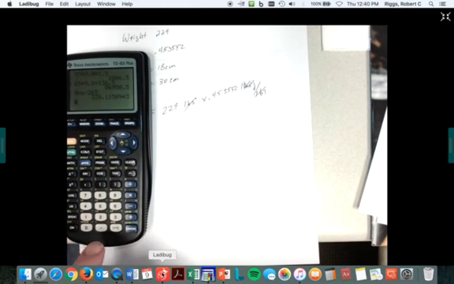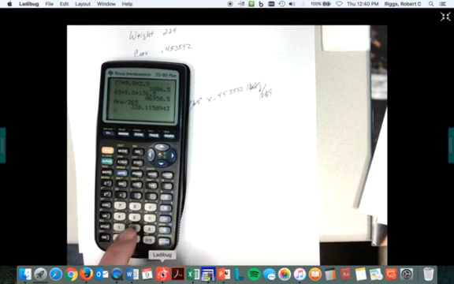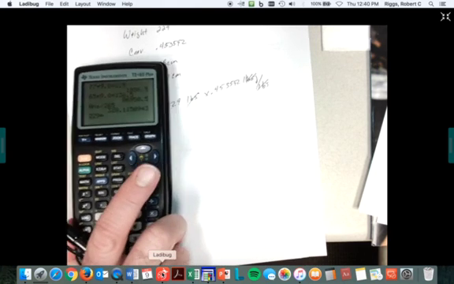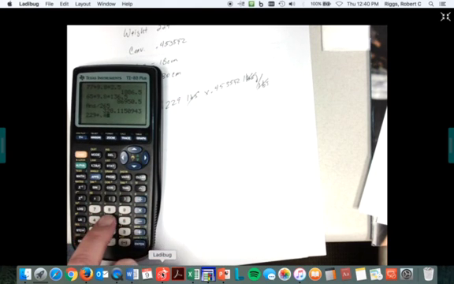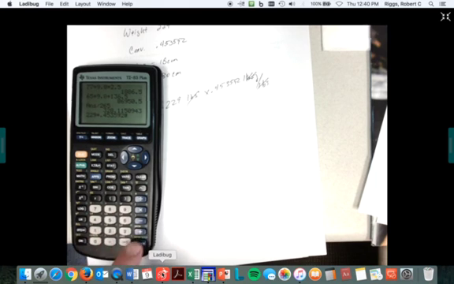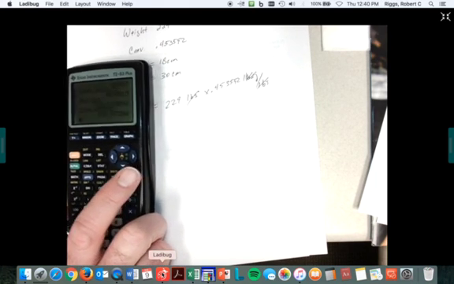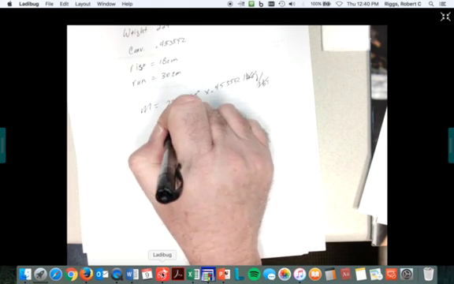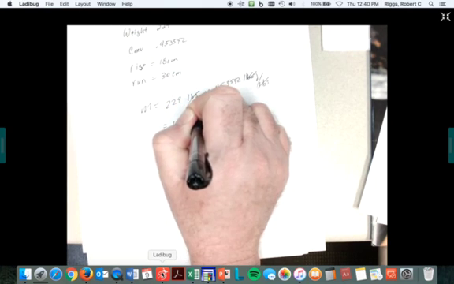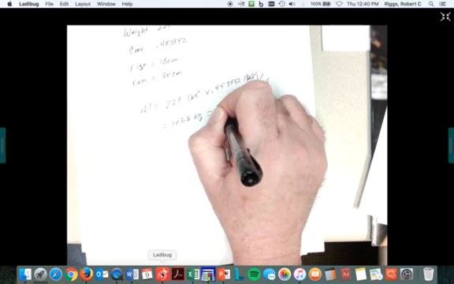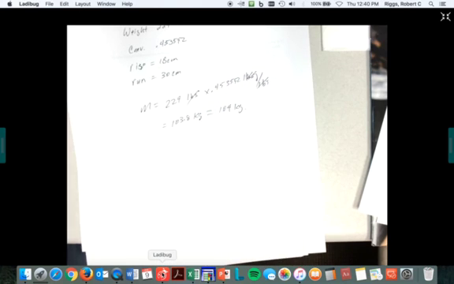So you get 229 times 0.453592, and I get 103.8. I'm just going to go ahead and say I'm 104 kilograms, which I'm lying, but that's okay. I think this is when I dropped about 20 pounds, so I got my fancy uniform for my daughter's wedding. Anyway, so